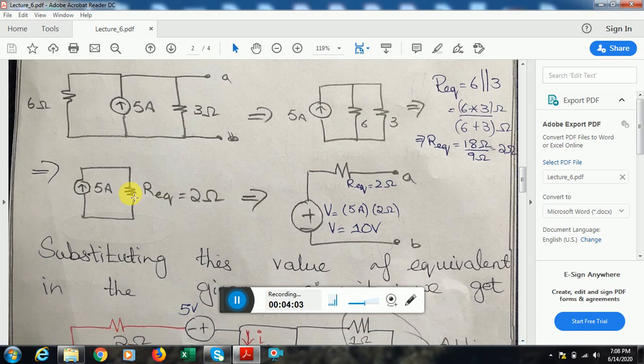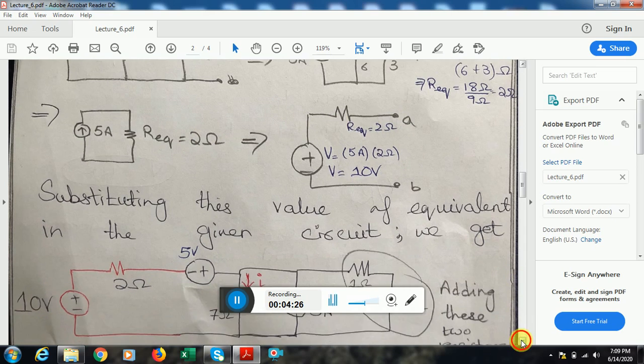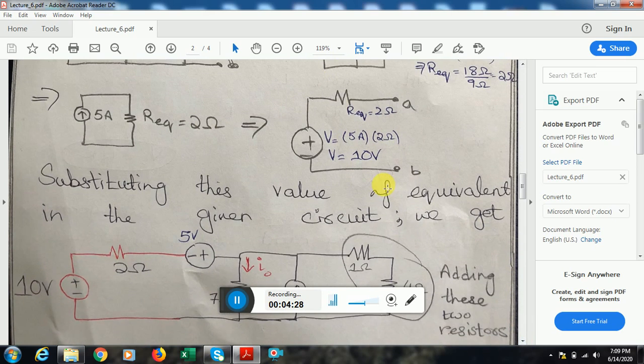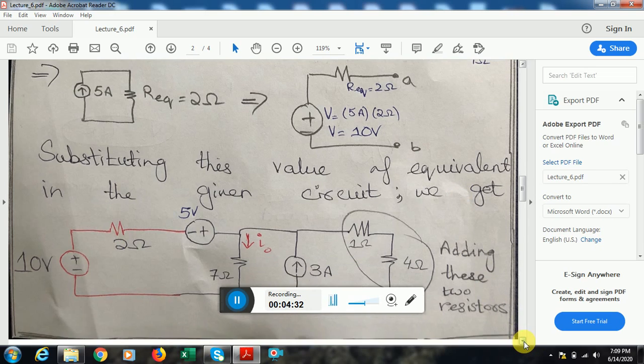Now I can see that I have a current source in parallel to a resistance. So I can easily transform this into a voltage source. The new voltage value will be V = IR, where I is the current source value and R is the resistance value, and I get that the new voltage would be 10 volts. The same resistance value R will go in series here between the same terminals AB. Now I'll substitute this equivalent circuit into the original circuit and see how much my circuit has simplified.